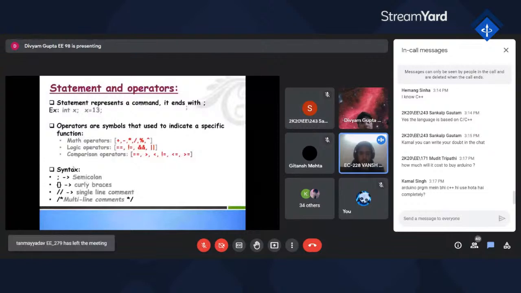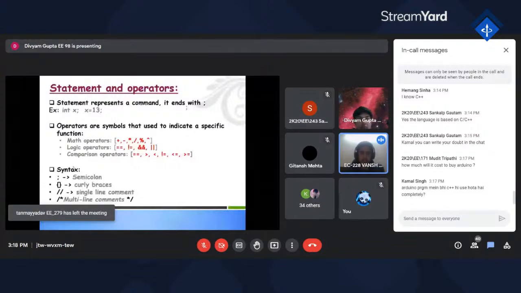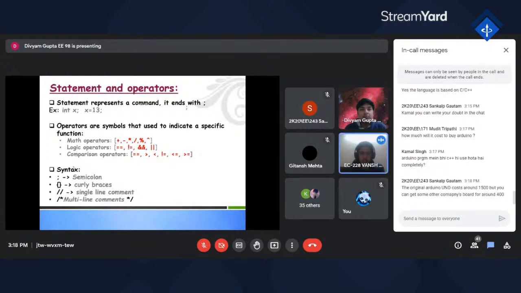The next is AND operation and OR operation. You'll understand later what AND and OR are. Comparison operators, you'll always understand by the word comparison. They are used to compare two numbers, A and B. Let's say if A equals B, then it returns true, otherwise false. If A is greater than B, then it returns true, otherwise false. So they work like that.